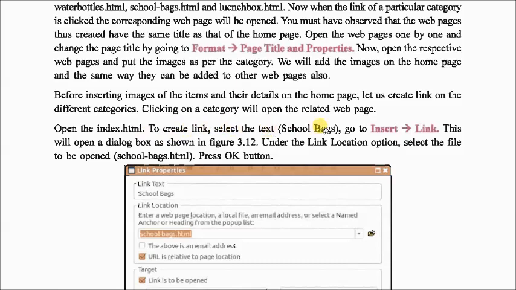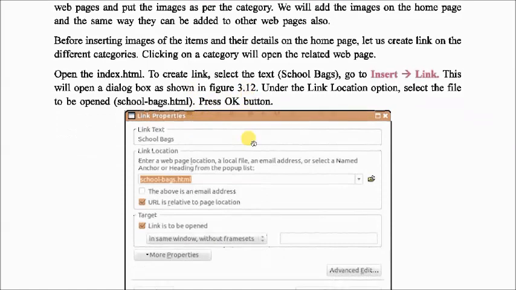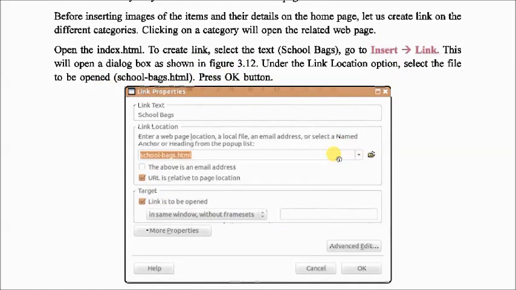On whichever text you want to create a link, select that text. Go to the Insert option and click on Link. This will open the dialog box as shown in figure 3.12. Under the link location option, select the file to be opened, schoolbags.html, and press OK.